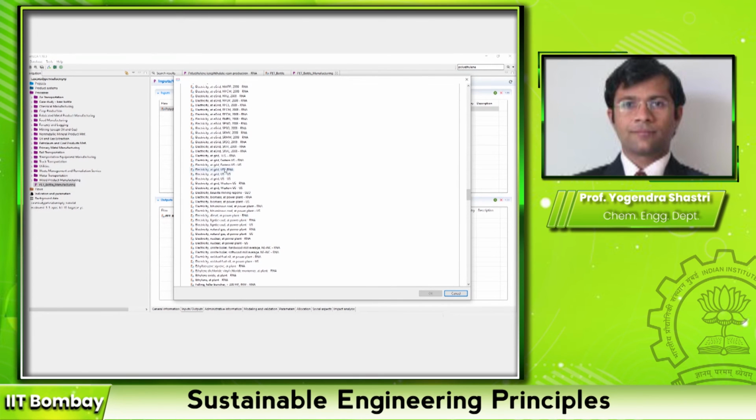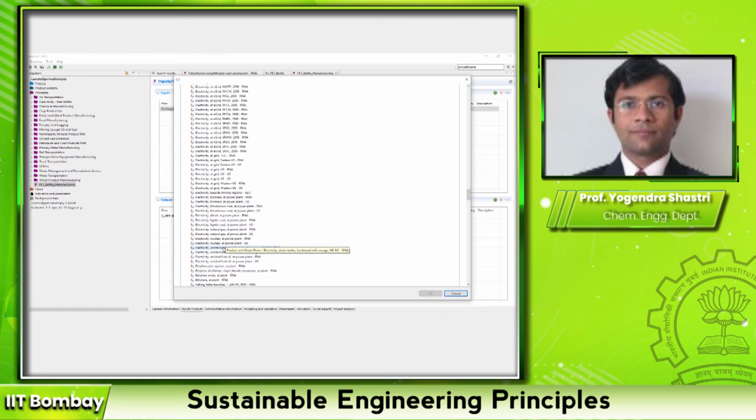Okay, so you have again several options. I told you that electricity can be produced using different methods. So there are entries for biomass, again rest of North America, US, diesel-based electricity, lignite coal, and so on.